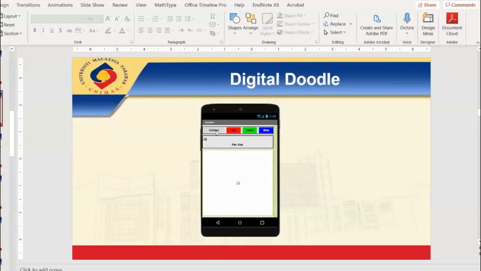So this application will be like this: you see the camera will take a picture and then the picture will be displayed here. This is a canvas. I will show you later on. Now over the picture we can do editing. We can write something on this picture using different colors, if you want red color, green color, or blue color. And the next thing is the slider. In the slider, we can change the size of the pen, like if you want thin writing or thick writing, we can change that also.